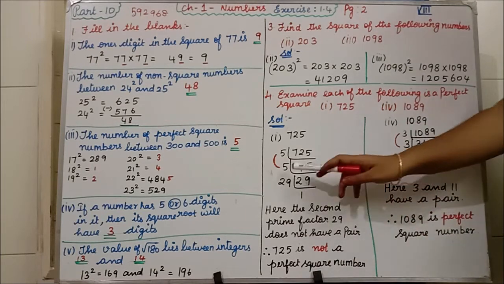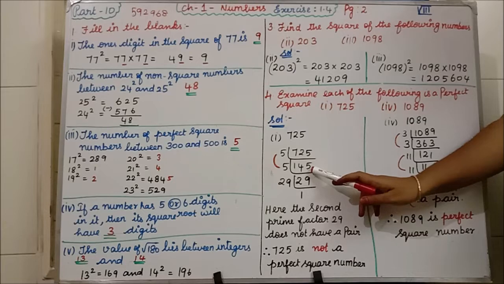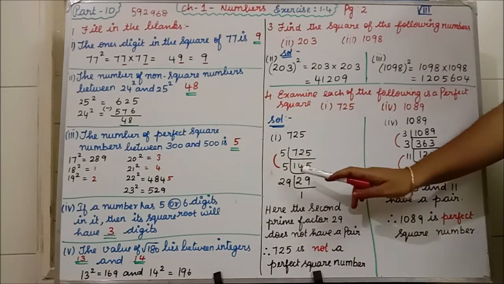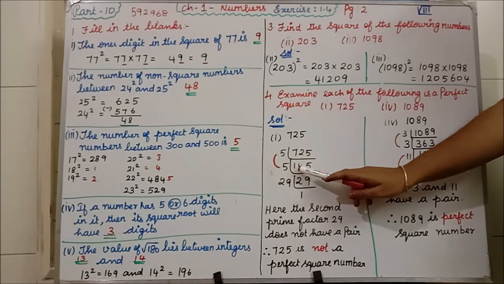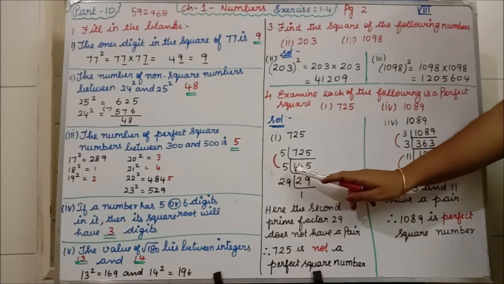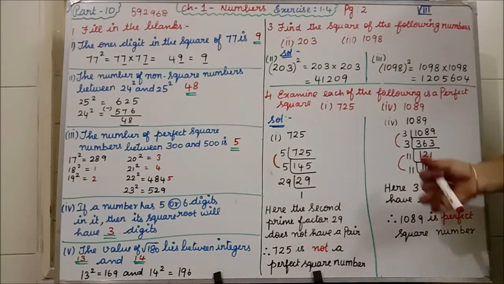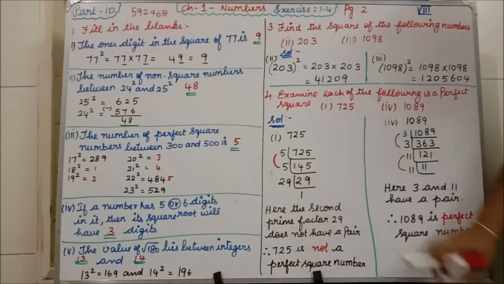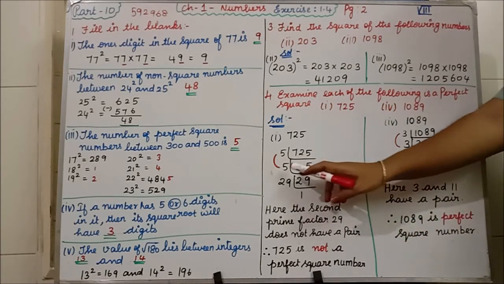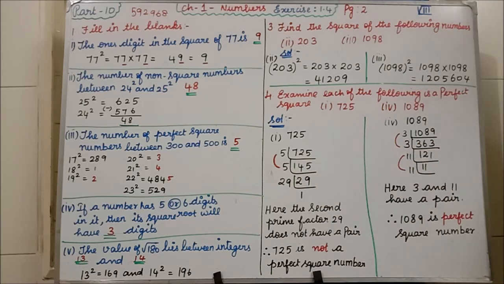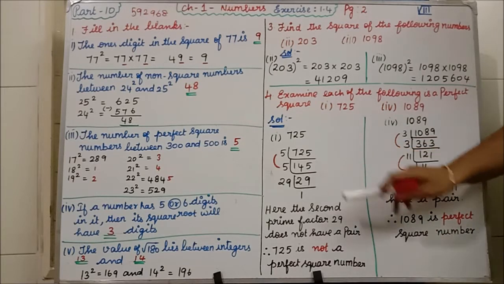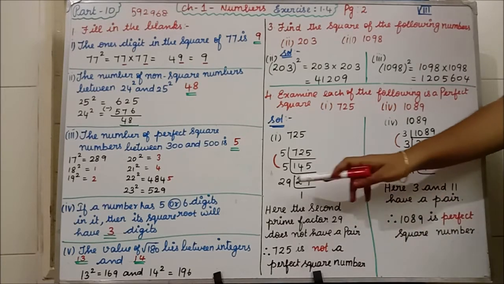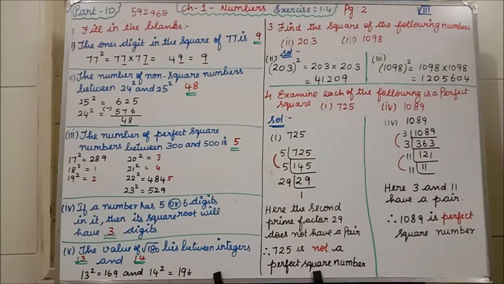The next step, 5. Again here it is ending with 5, so I am taking 5. So I am taking the first 2 numbers. 2 5s are 10. Remaining how much? 4. So on the top you have to write 4. 45. 45 means what? 9 5s are 45. Clear? After this we have got 29. 29 is a prime number. It will not come in any table. So 29 will come only in the 29 table. So 29 ones are 29.